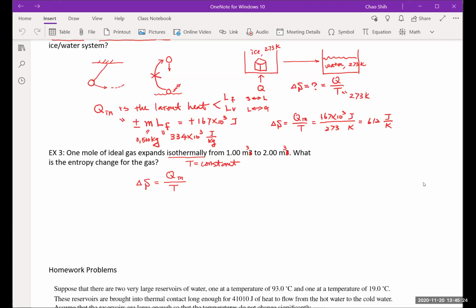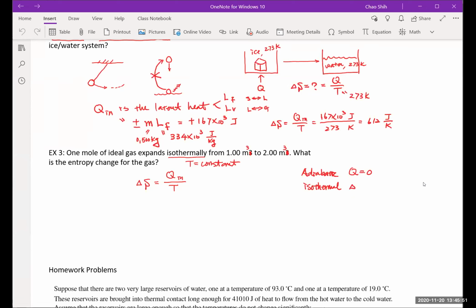We talked about the Q for different processes. Just a little bit quick review: if you have an adiabatic process, the Q is equal to 0. If you have an isothermal process